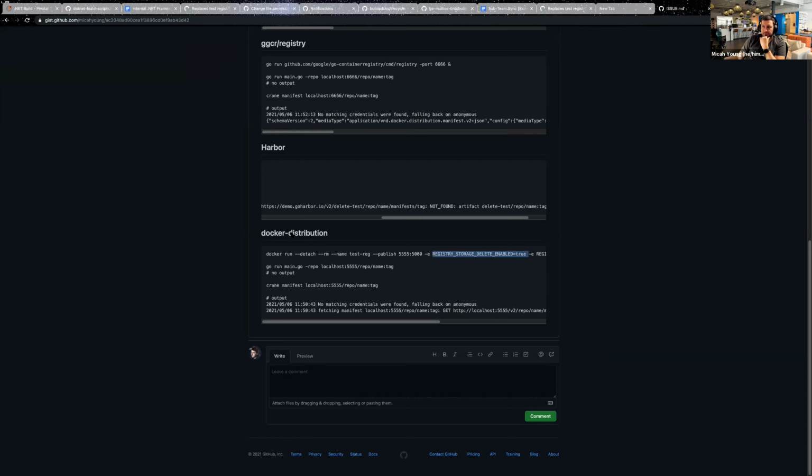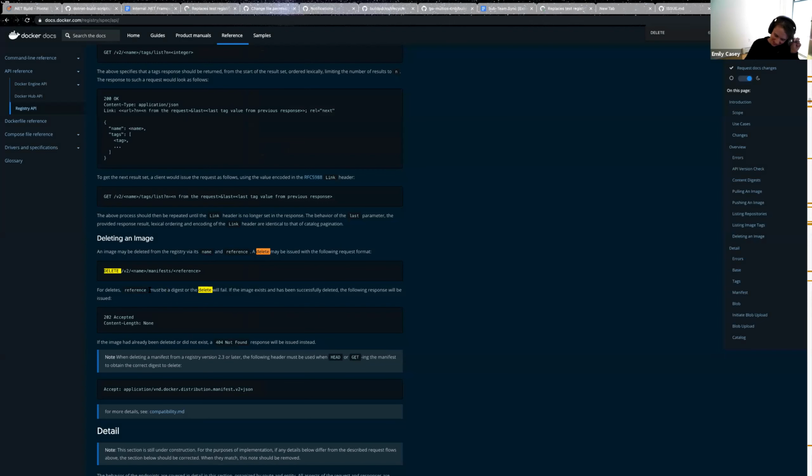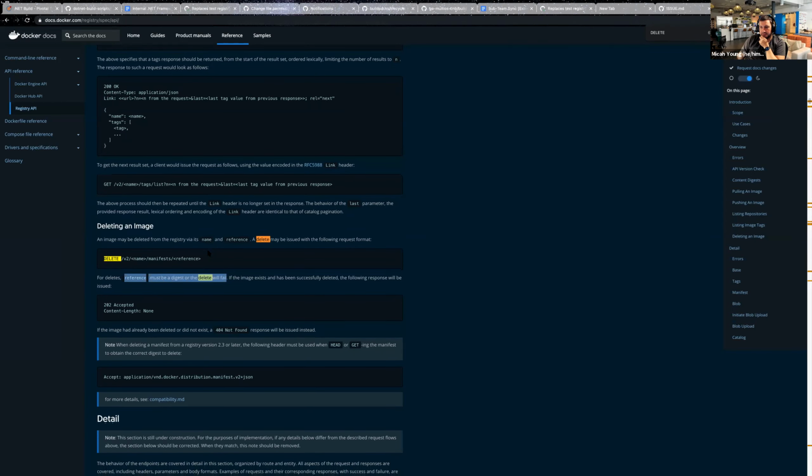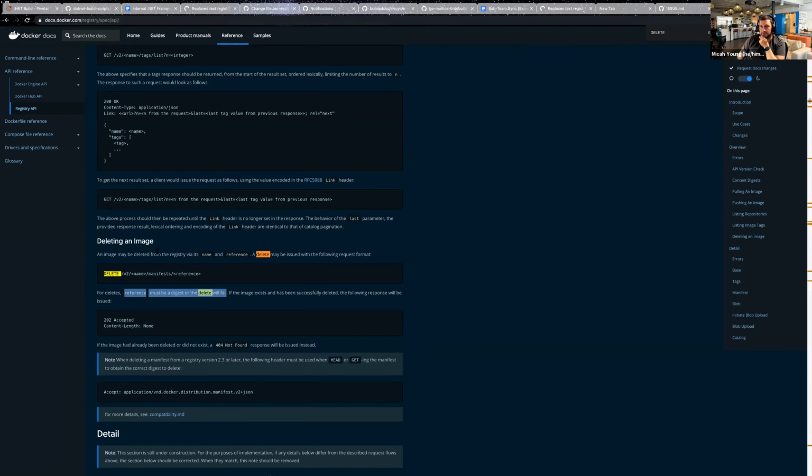It's worth noting Docker distribution does throw an error if you try to delete by tag, I believe. So I wonder if we should just ignore both errors. I thought delete by tag was the only one they were all supposed to support. At least according to Docker's version of the registry, I think this is V2, it says the reference must be a digest or delete will fail. Maybe there's another way to delete, like moving the tag to some sort of delete mode, but we really could just try both and return an error if both of them fail.